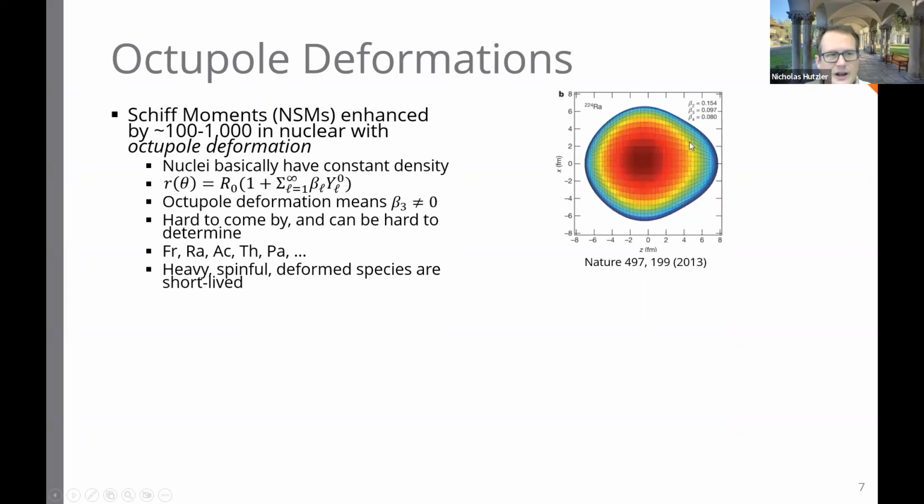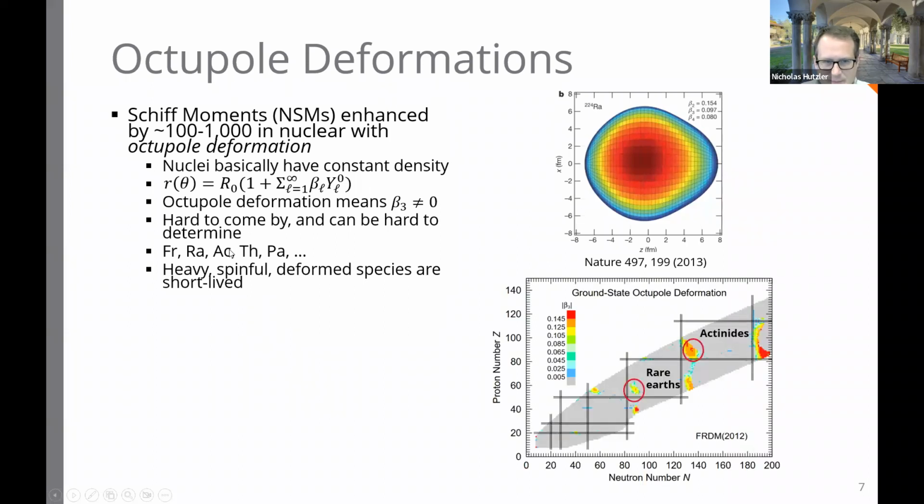This is a recreation of the radium-224 nuclear shape based on experimental measurements. And you can see it's pretty dramatically distorted. People would usually say this has a pear shape, so people often refer to these as pear-shaped nuclei. And it turns out this is not very common, and it can be hard to determine whether nuclei have these. However, the places where they're known to exist, either by direct experimental measurement or by very convincing theoretical data,